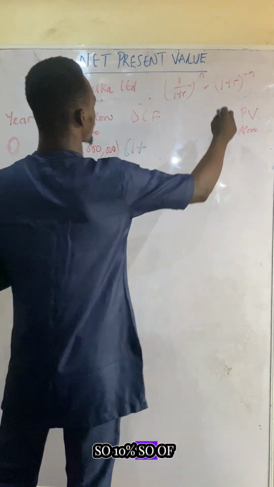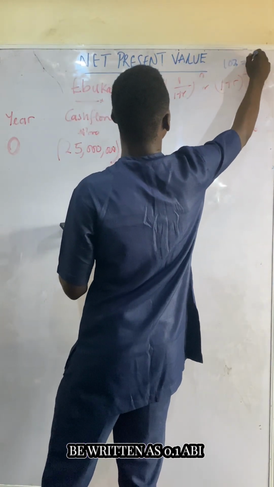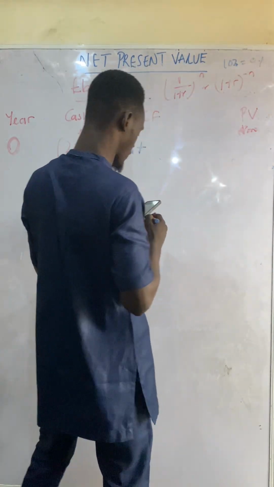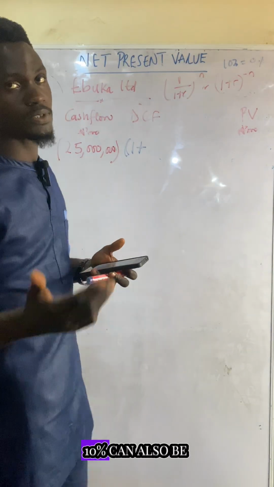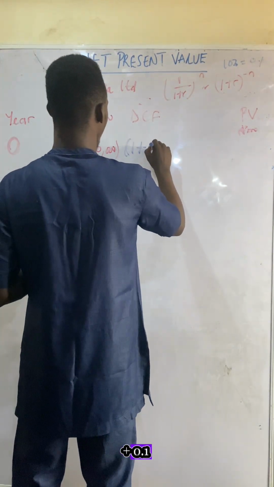So 10% can also be written as 0.1. So we have 1 plus 0.1